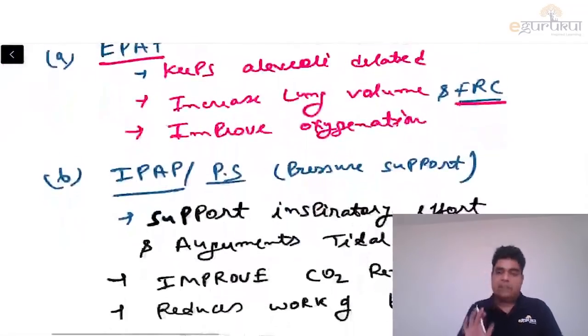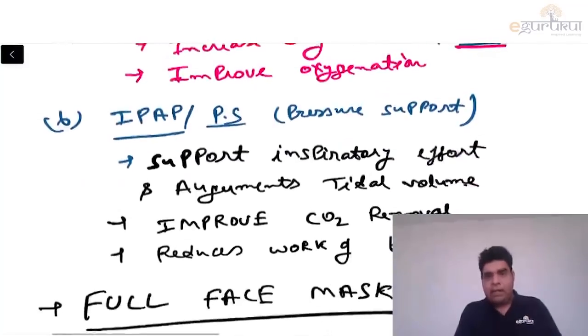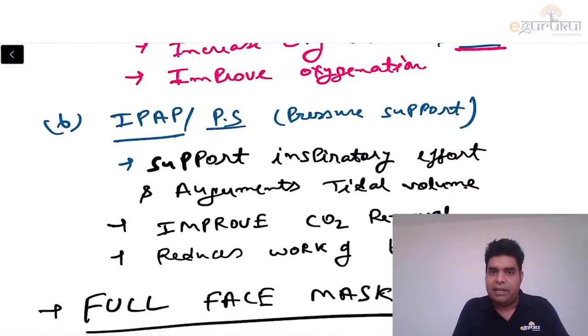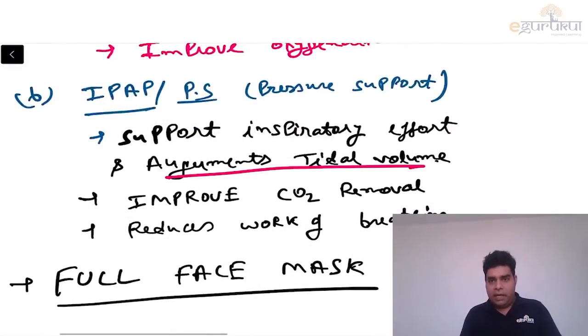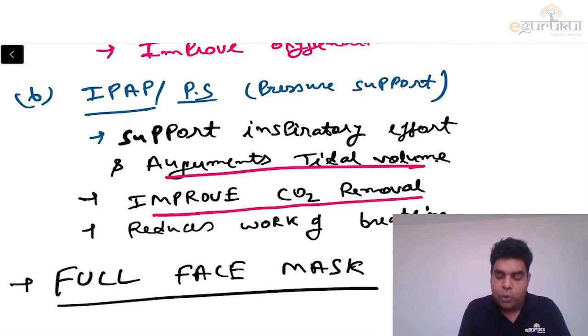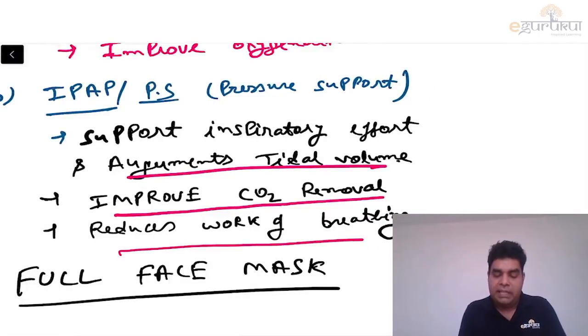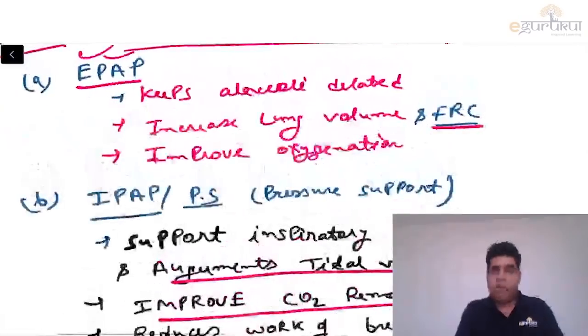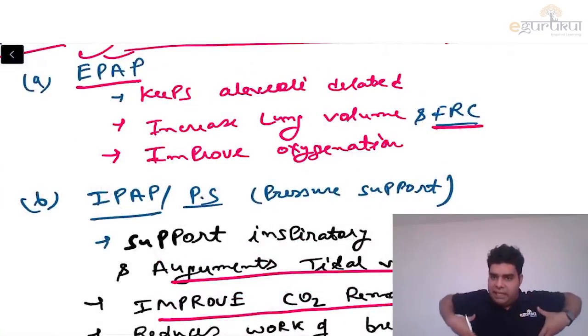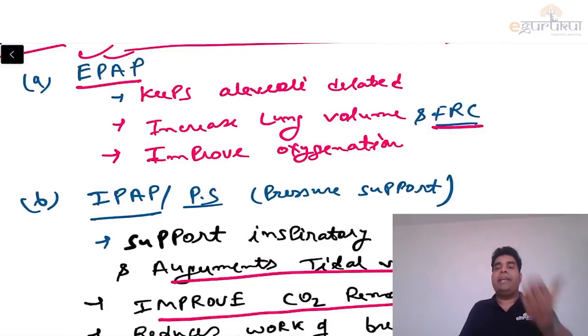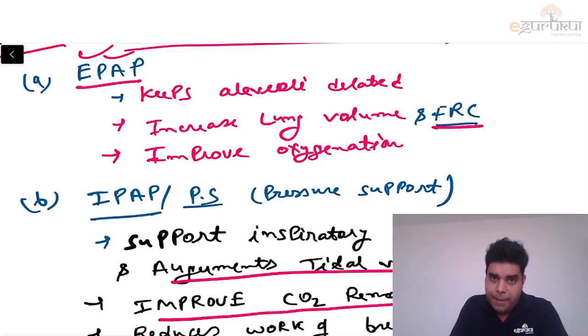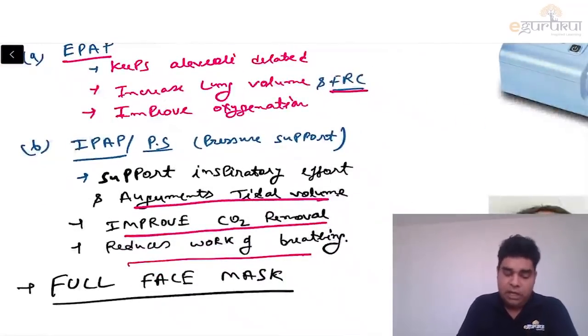And when we give pressure support during inspiration, what it does is it augments the tidal volume. Therefore, we can exchange air better, and it improves the CO2 removal. Now we can remove the CO2 from our body better. As a result of that, the work of breathing also decreases. So remember the difference. When we are giving positive pressure during expiration, then our lung capacity is increasing. And when we are giving positive pressure during inspiration, then more exchange can occur and our carbon dioxide concentration will decrease. So that's the difference between EPAP and IPAP, which we use in a BiPAP.